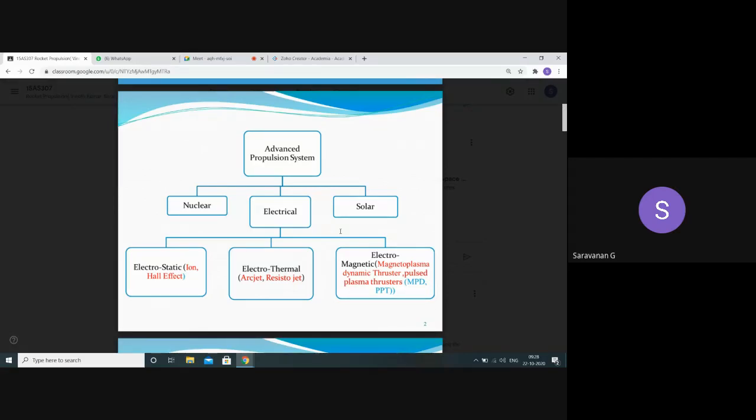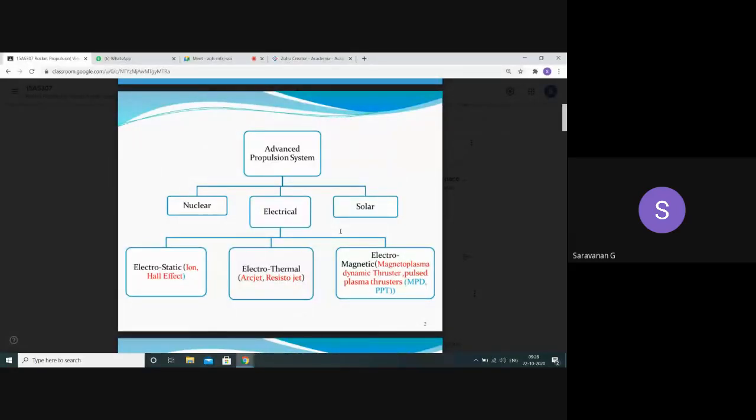These are the major classifications under electrical propulsion systems: electrostatic, electrothermal, and electromagnetic. All three classified systems operate on the basic principle of energy received from the electricity source, in the form of voltage and current as power. That is used for generating thrust when the propellant is heated up, when the propellant is generating energy by using electricity along with the static force, electricity along with the thermal system, or electricity along with the magnetic field, each with a different principle of operation under the category of electric propulsion.